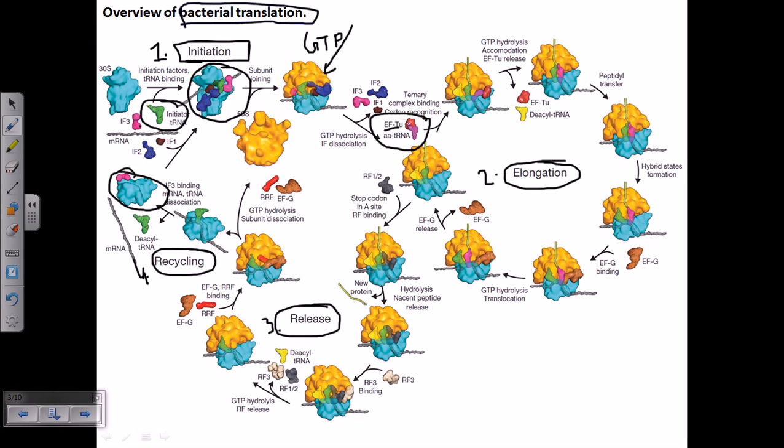It randomly brings this tRNA and scans whether the mRNA it is looking at has the exact code. Suppose it is carrying the amino acid glycine, but the code present in the mRNA is not for glycine, it's for alanine. Then it will be released, and a tRNA carrying alanine will come and bind at this place. So it is simply scanning and only incorporating the right type of amino acid carried by the tRNA.